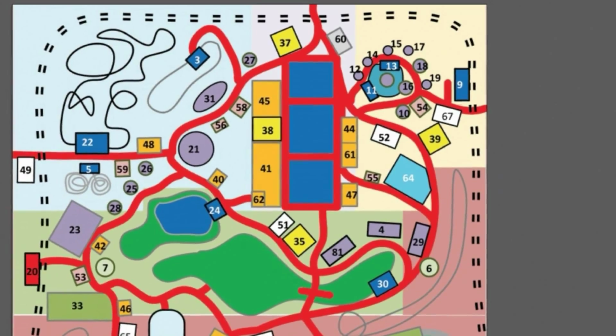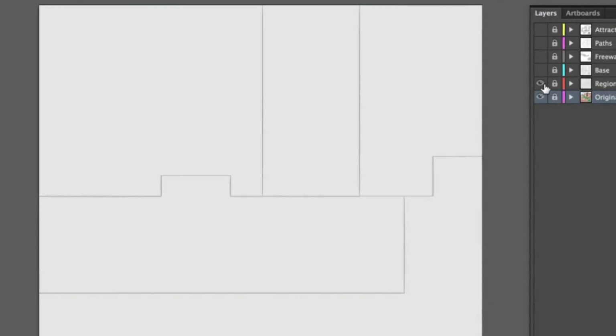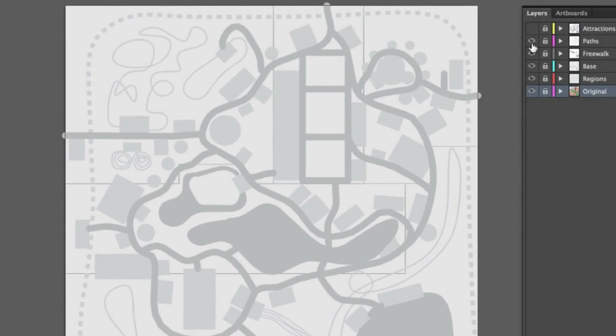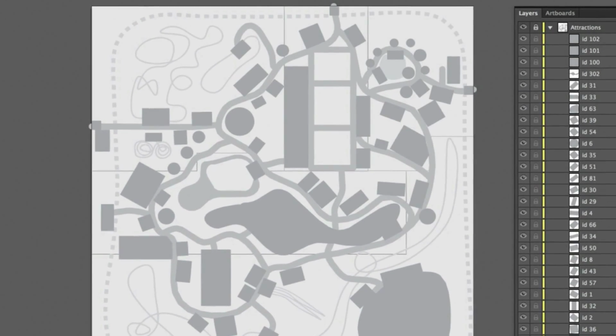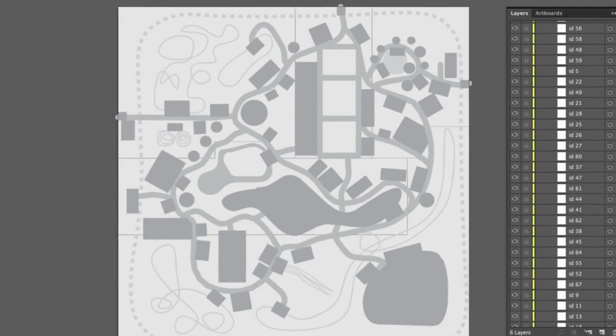To get at the spatial data in the map, we created a traced vector version using Adobe Illustrator and converted all the shapes to polygons for easy use and further analysis. Adding the IDs to the names of the shape layers made it easy to extract from the generated SVG file.